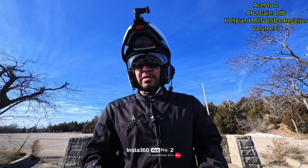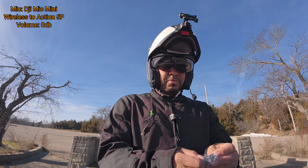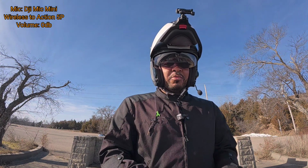Right, so this is how they sound without their wind socks. So who's doing it better? Which one do you guys prefer? Don't ask me which one I prefer, because I'm really liking them both almost equally right now. Obviously, if I'm using the Action 5 Pro, the DJI Mic Mini makes a whole lot more sense to use than the